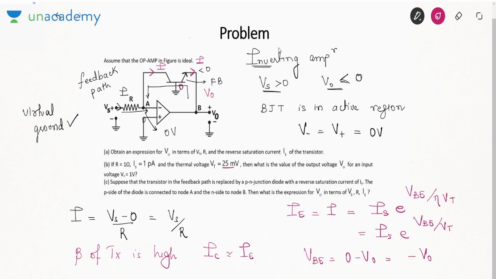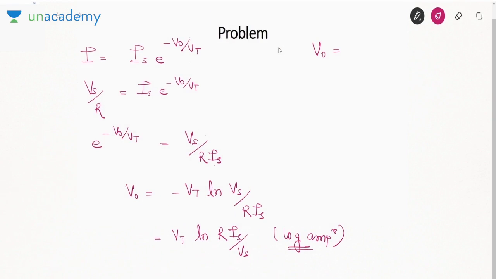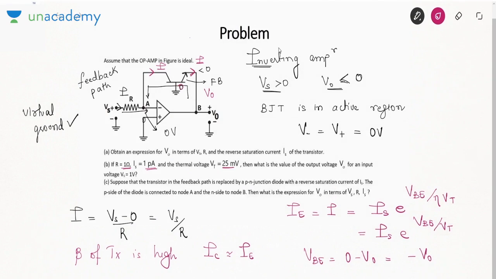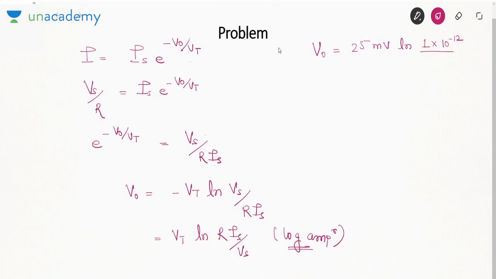In the next part it is asking us the value of V0. Vt is given as 25 millivolt, Is is 1 picoampere, R is 1 ohm, so 10 to the power minus 12, and Vs is how much? Vs is 1 volt. So 10 to the power minus 12 will come outside. Log of 10. Okay. So minus 25 into 12, how much will it become? Minus 300 log 10